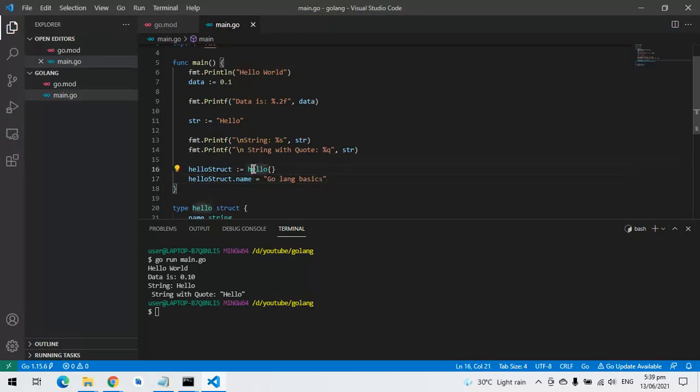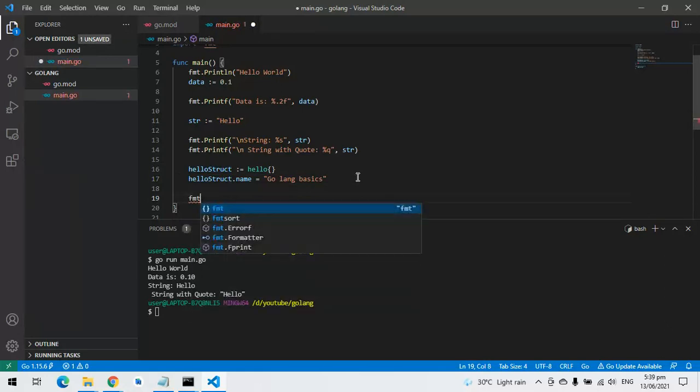So if you wanted, for example, to print this struct, you can also have the